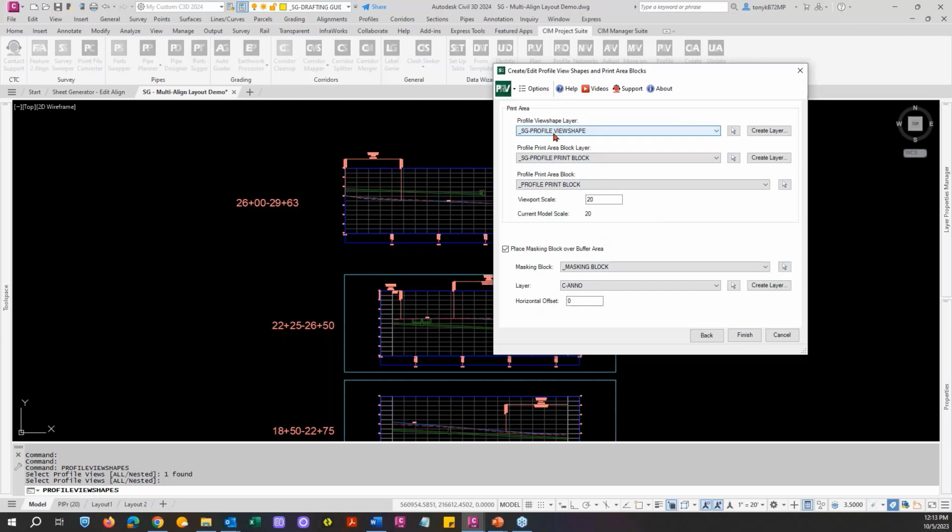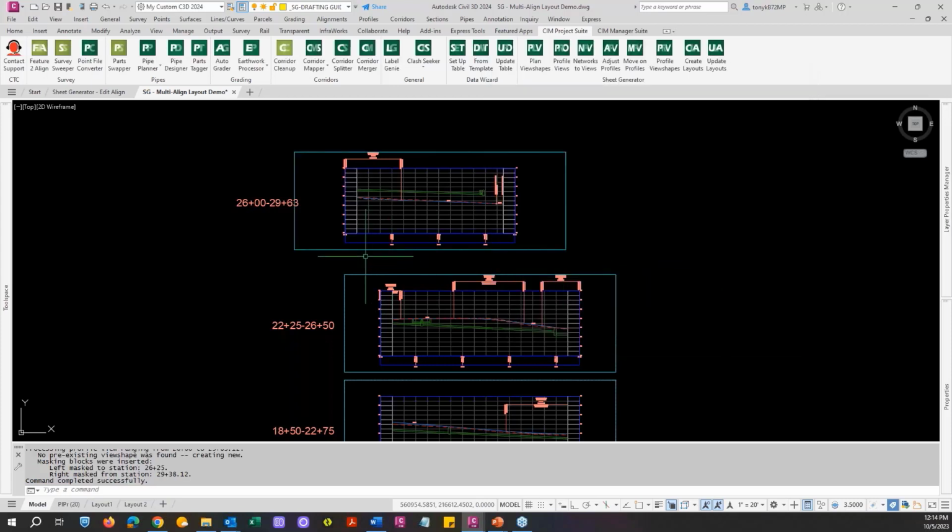And we talked about how important these are in the last webinar. We'll get to that a little bit. This masking block I showed you down below. And as I stated in the last one, if you have any difficulties with any of this stuff and you would like the print block, profile block, the mask, match lines, anything that you see here that you would like, contact us here and we'll be sure to get those over to you. So with that, I hit finish